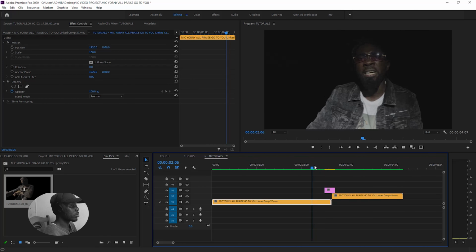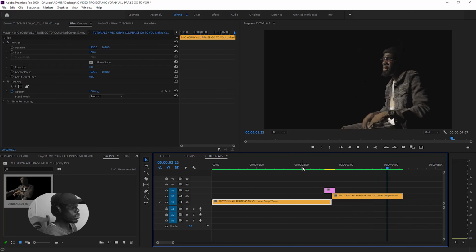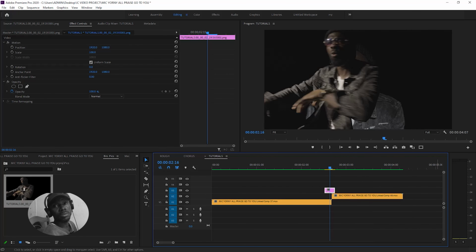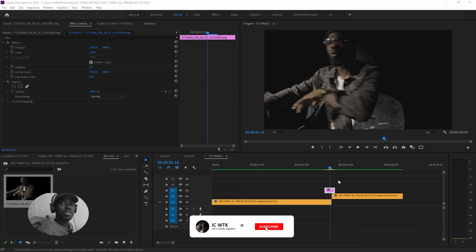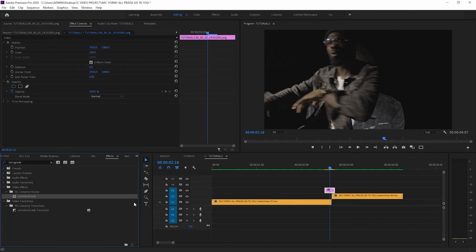So we move 10 frames and drag our still image to where it ends. The same thing applies to the first clip: you move another 10 frames using your arrow to count 10 frames from where the first clip stops too. If we play it and it plays out smoothly and we like it, then